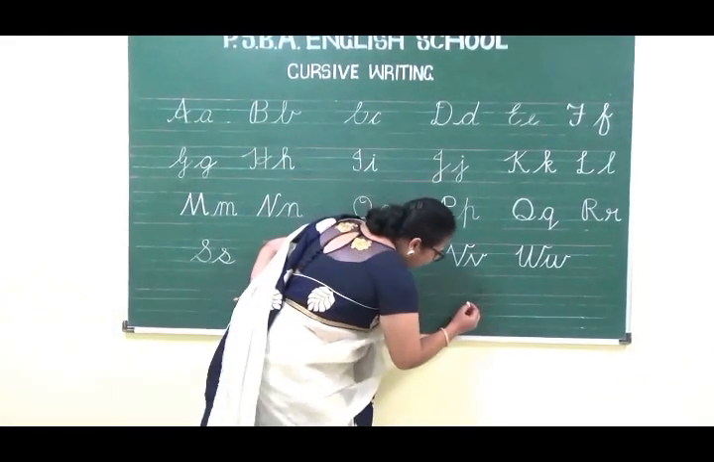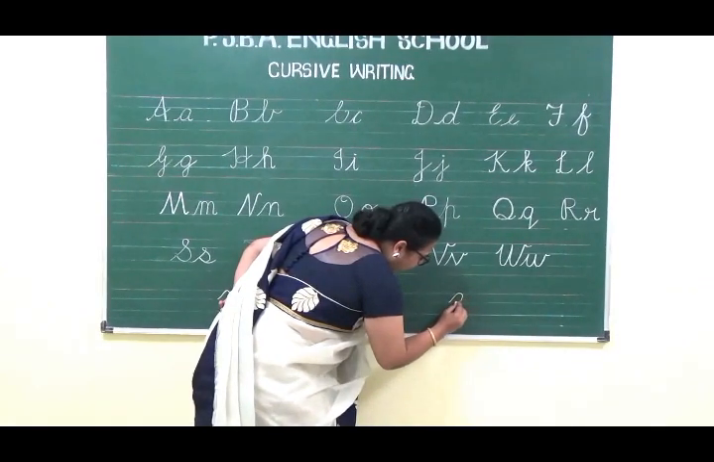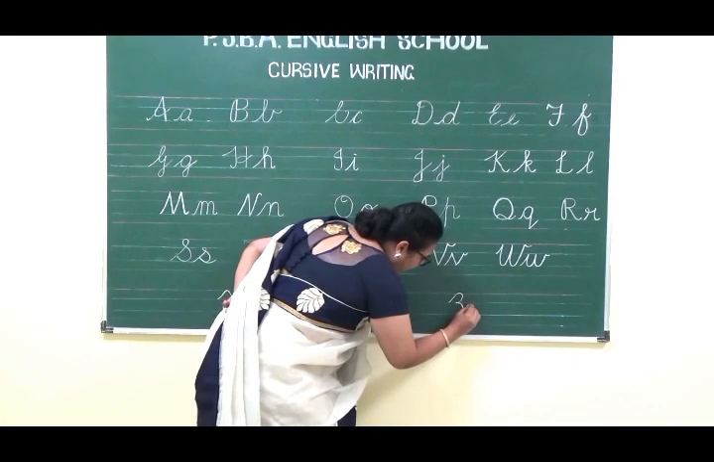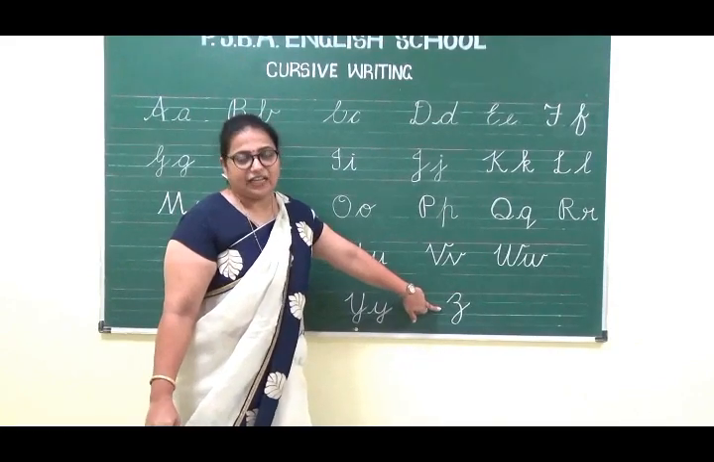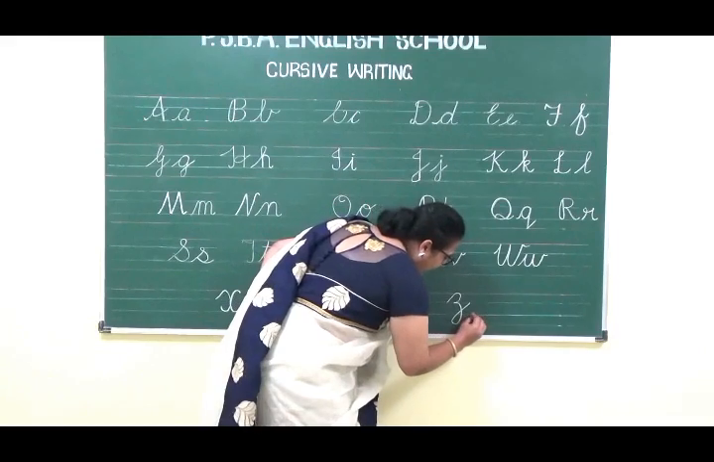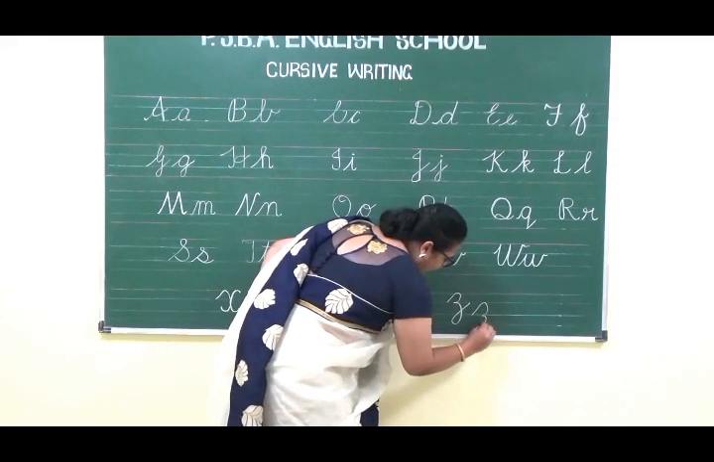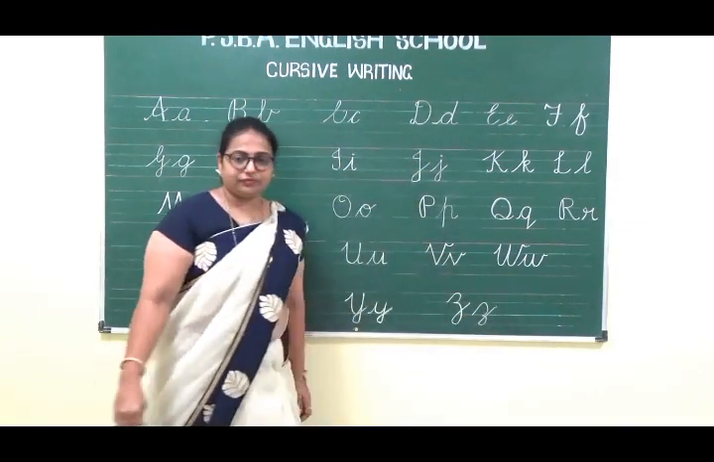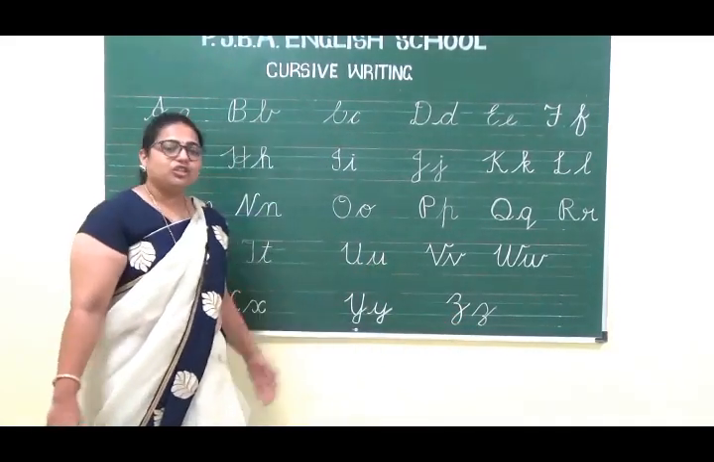It goes like this. Draw a slanting line from second to first. Come down with the curve in the second line. Go down to the fourth line and come up to the second line. This is capital cursive Z. Now let us see how to write small cursive z. It goes like this from third line to second line. Slanting line coming down and going to the fourth line and drawing a slanting line up. So this is the small cursive letter z. So what is the sound